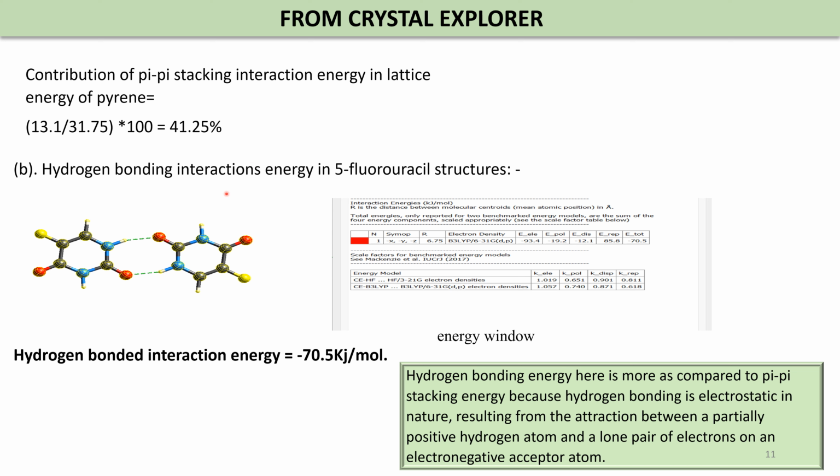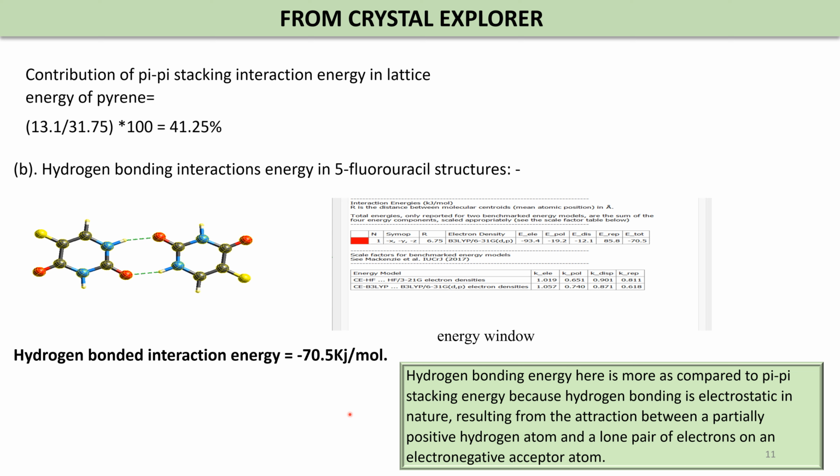And then we calculated the hydrogen bonding interaction energy for the 5-fluorouracil structure. This is the lattice form for the hydrogen bonding between the two molecules of 5-fluorouracil, and this is the energy window obtained corresponding to this hydrogen bonding energy, and we get the hydrogen bonding interaction energy as minus 70.5 kilojoule per mole. And as we can see here, the hydrogen bonding energy is more as compared to the pi-pi stacking energy